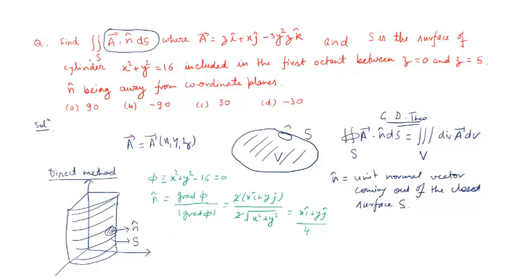Now to determine this surface integral, we have to find the projection of S on one of the coordinate planes. Obviously this surface is perpendicular to the xy plane, so we cannot take the projection on the xy plane. Rather, we will have to take the projection on either the xz plane or the yz plane. So here we take the projection of the given surface, part of the cylinder, on